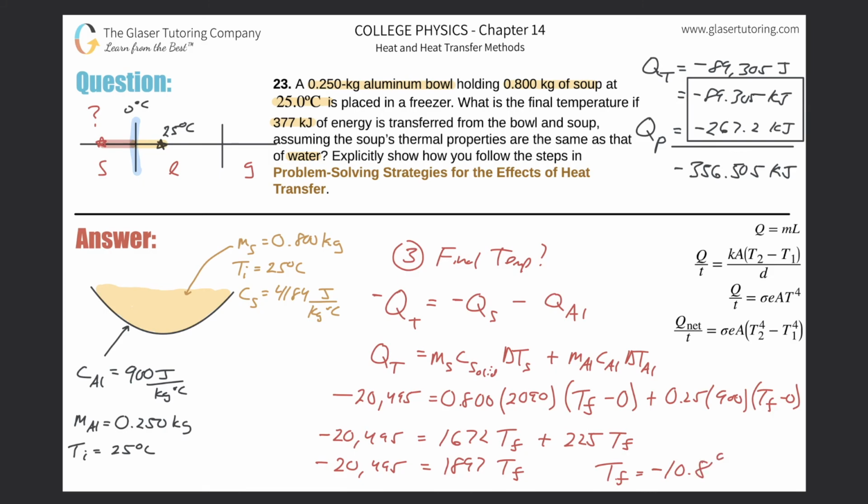Degrees Celsius. Now this makes sense with the sign, right? It should be negative. It should be less than 0. If you didn't plug in the negative sign here, your answer would have been right in terms of magnitude. It would have been 10.8, but it would have been the wrong sign. So you could just think about it logically. Obviously, it can't be positive if we're losing heat still. It can't be going up from 0. So in any case,